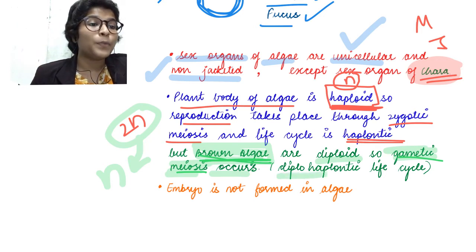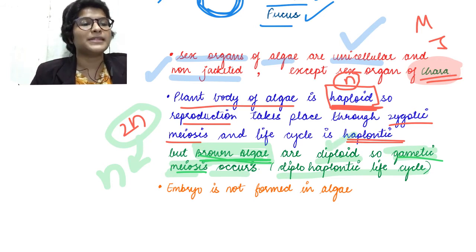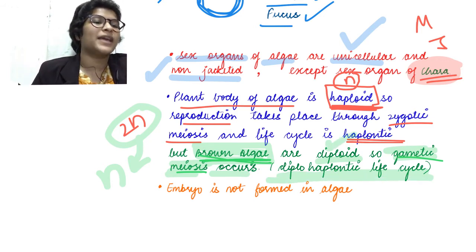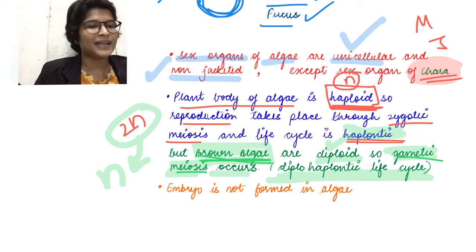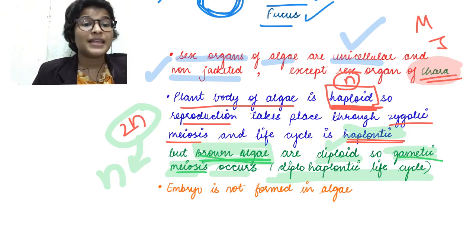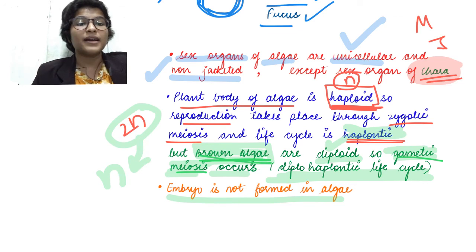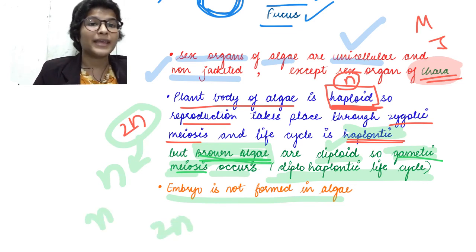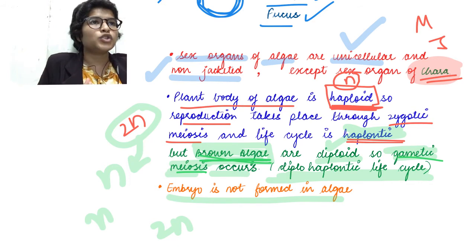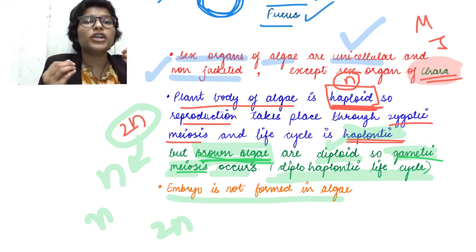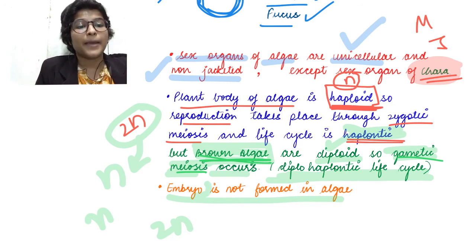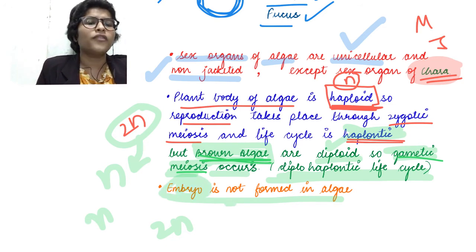This is called diplohaplontic life cycle. डिप्लोहैप्लॉन्टिक क्यों? क्योंकि अडल्ट बॉडी डिप्लॉयड है और गमीट्स हैप्लॉयड हैं, तो डिप्लोहैप्लॉन्टिक लाइफ साइकिल. ठीक है, और हमारे नॉर्मल एल्गे में हैप्लॉन्टिक लाइफ साइकिल. क्लियर? So here in algae the embryo is not formed. अभी डायरेक्टली अगर n या फिर 2n नंबर ऑफ क्रोमोसोम्स वाला एक सेल बन जाता है जाइगोट, that itself is an adult, और that itself can function as an adult individual. Why? Because there is no requirement to increase the number of cells because there is no tissue differentiation as such. इसीलिए embryo is not required and not formed in algae.